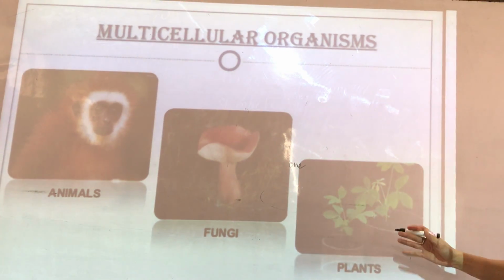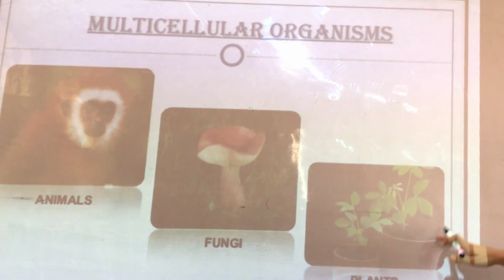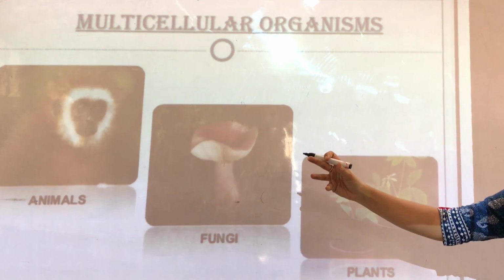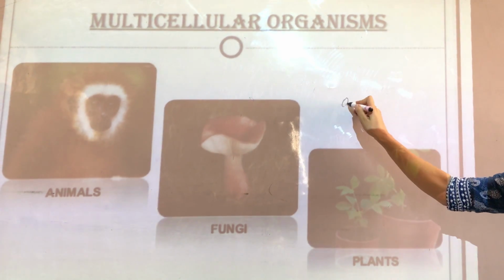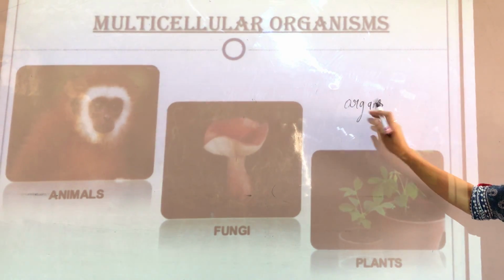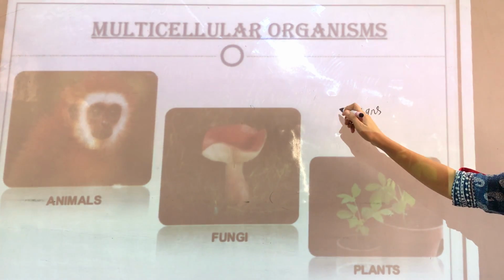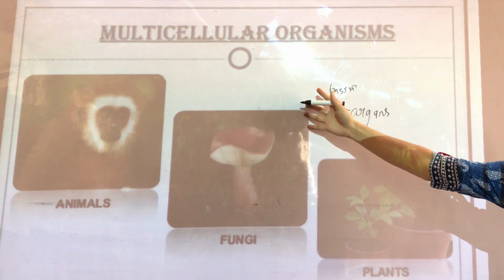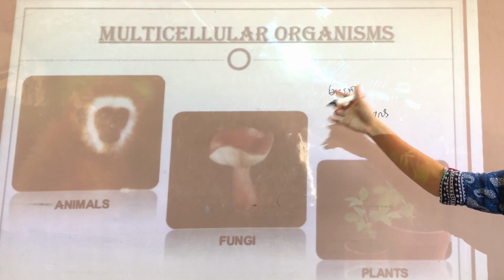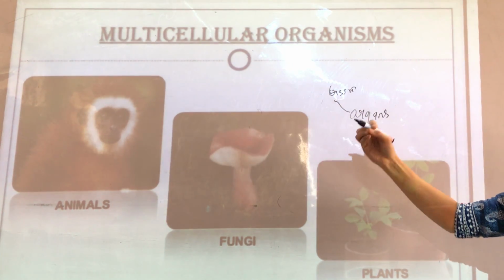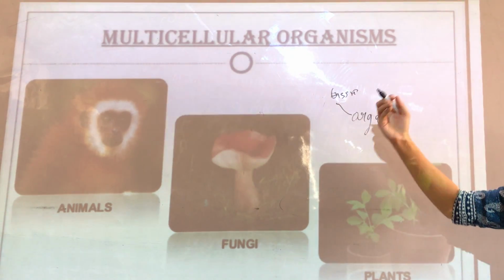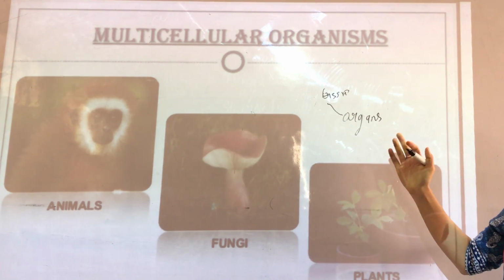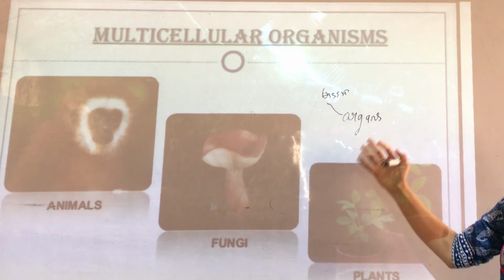Now these all are multicellular organisms. All the animals are multicellular organisms because there are many organs. For making the organs, we need to have many tissues, and to make the tissues, we need a lot of cells. You would be surprised to know that in our single body, in one body, there can be millions and trillions of cells. These cells die and take birth daily.